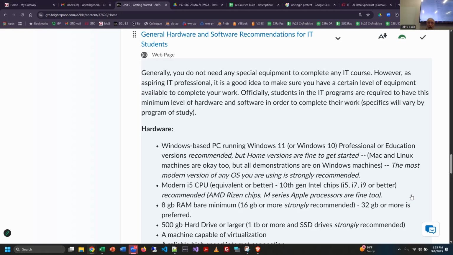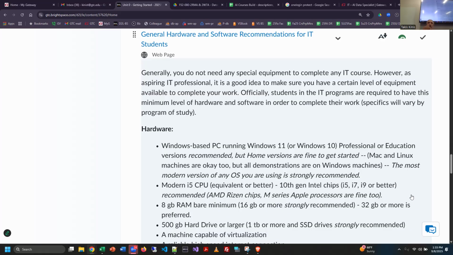If you have a Mac or a Linux machine, you are totally fine. You can do all this work on either platform. The configuration might be a little more challenging. On Macs, it's pretty darn easy. On Linux machines, it depends on the distro that you're using. But what I say to all my students is whatever platform you're using, try to run an updated, modern operating